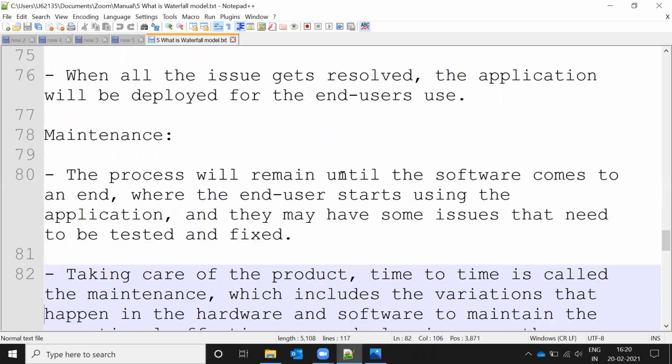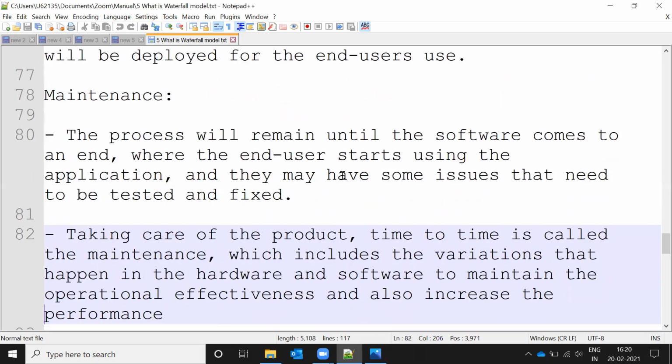In the maintenance time, in case the end user faces any defects, they will raise them. The maintenance is also based upon the customer. In case the customer asks the company to provide maintenance for the application, they will raise the concern, then the developer is going to fix that particular defect and test it, and it will go again to the end user. Like this, all the phases are present.